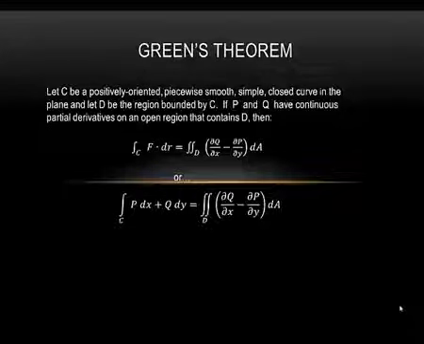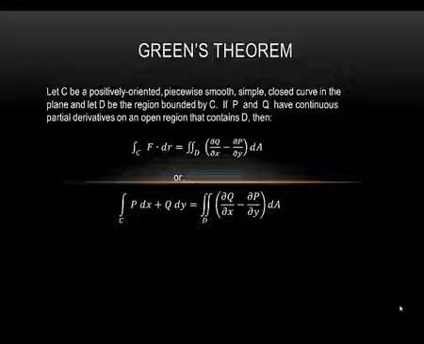Alright, in this video we're going to look at Green's theorem. Green's theorem says let C be a positively oriented, piecewise smooth, simple closed curve in the plane, and let D be the region bounded by C. If P and Q have continuous partial derivatives on an open region that contains D, then Green's theorem says a